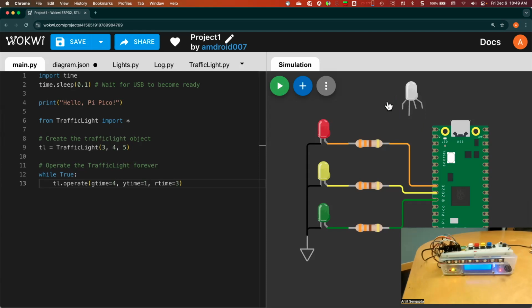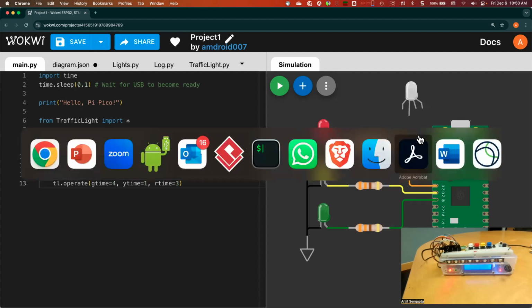But let's say your objective has changed, and now instead of using these three different lights for your traffic light, you only want to use one light to show all three colors, red, yellow, and green. Okay. Now, if you didn't have an object-oriented design, you probably would have had to redo most of your coding. In object-oriented design, all you have to do, though, is